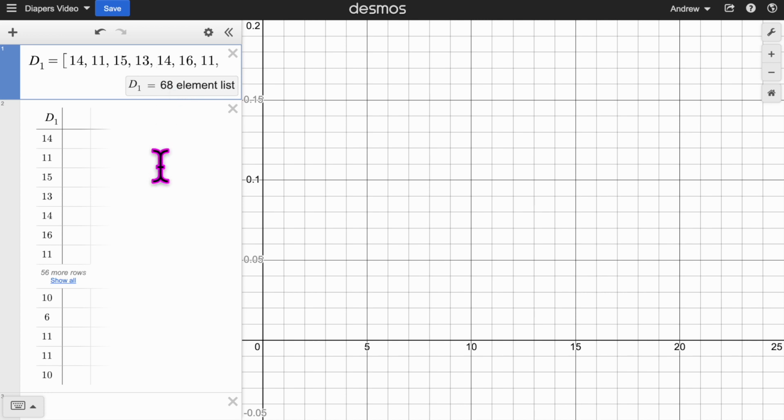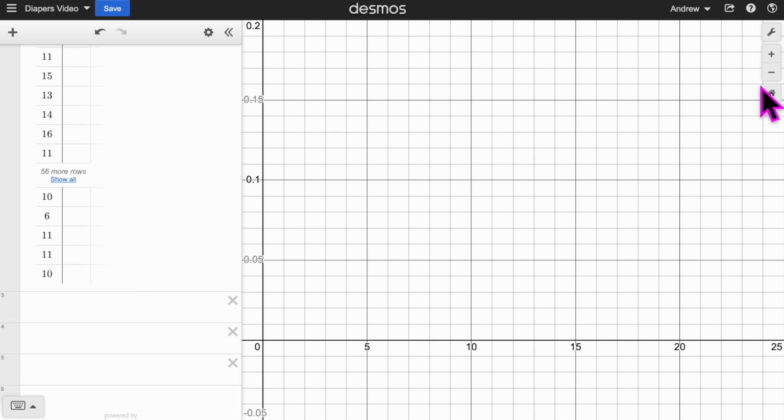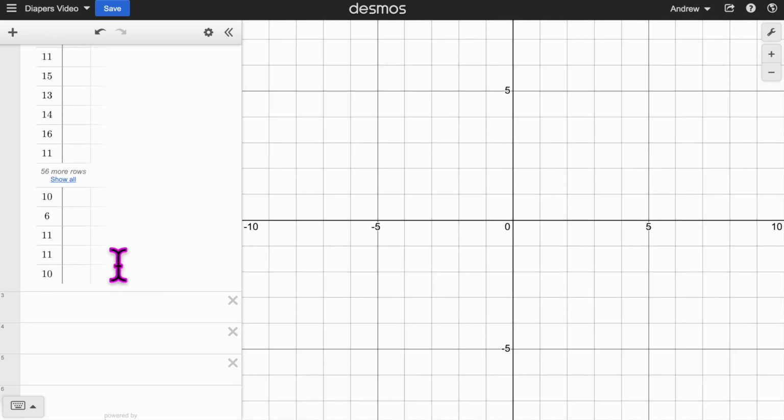The alternative way of doing it is pressing the add item here and choosing a table, right? Now, usually the table would default to X sub 1 or X1. You can change that. Again, I chose to change it to D1 or D sub 1, right? And have all the rows here and all the data entered in there, all right? The next thing that we can do is